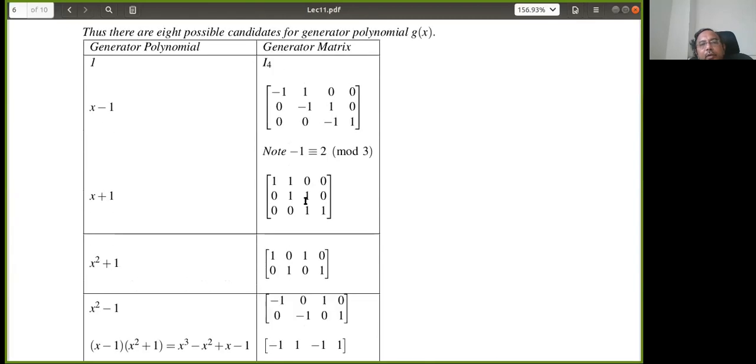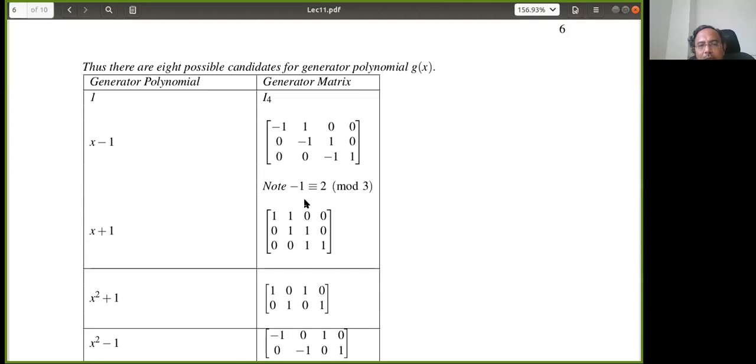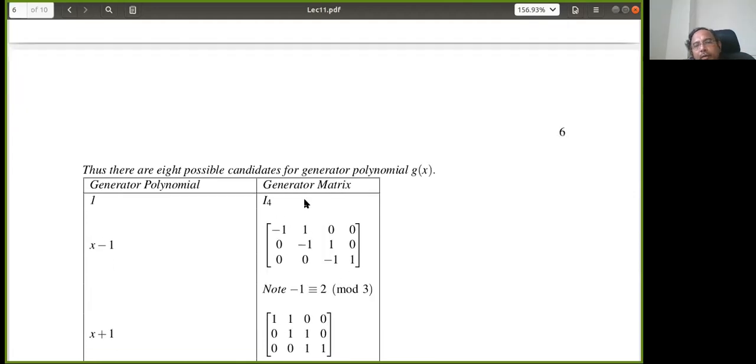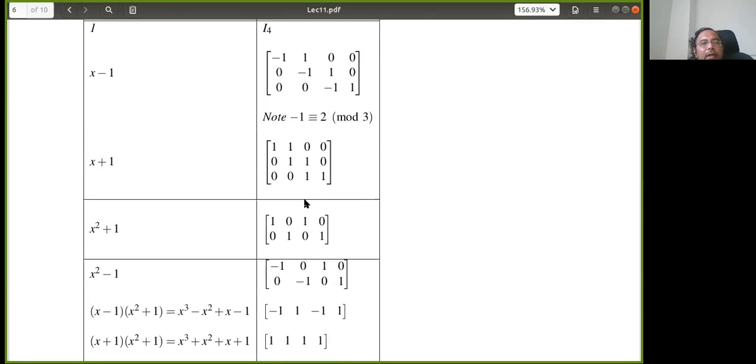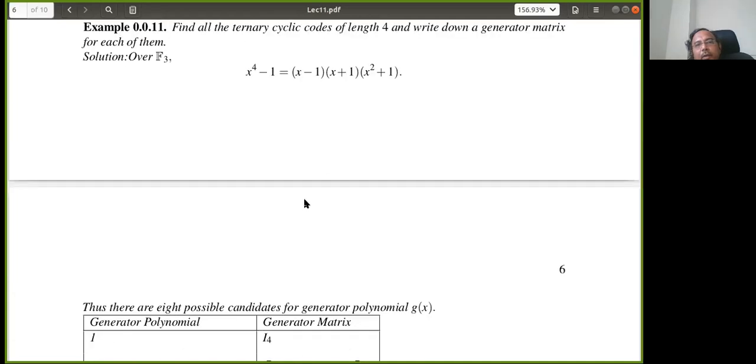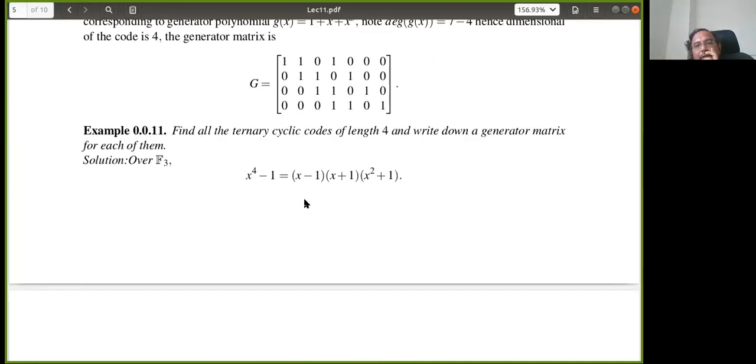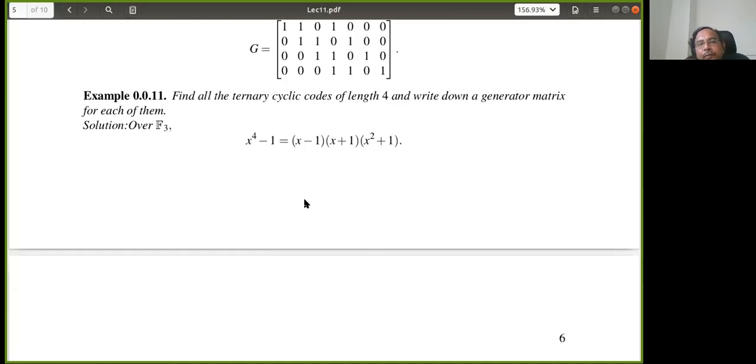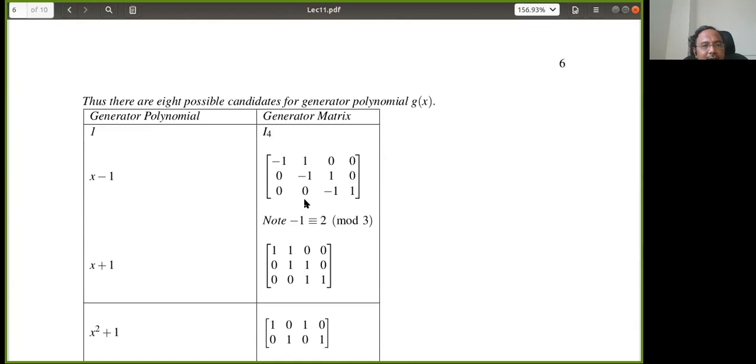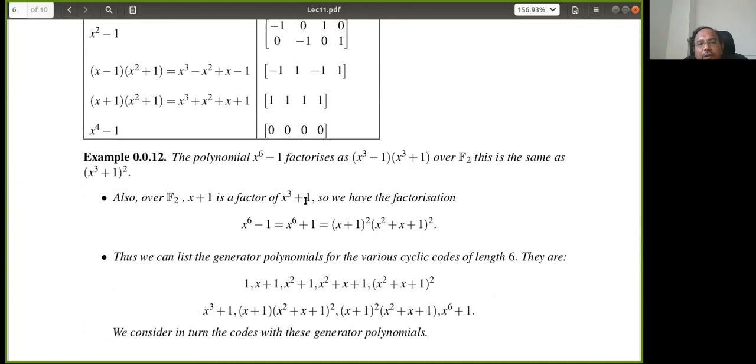Right? Now, once you know the generator matrix, you know how to find the code. So you are comfortable with the generator matrix, right? That's why I'm telling it in terms of the generator matrix. Now you know how to get all cyclic codes. For example, my n equals 4 and I want to find all cyclic codes of length 4. Then you look at the field where you are and split x power 4 minus 1 in that field. Then look at all the divisors, and they are the generator polynomials. For each generator polynomial, you construct the generator matrix. Then you get the code C, right?